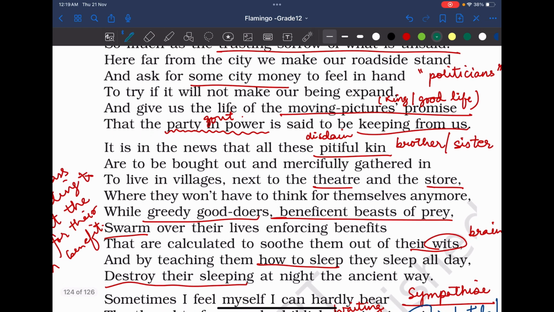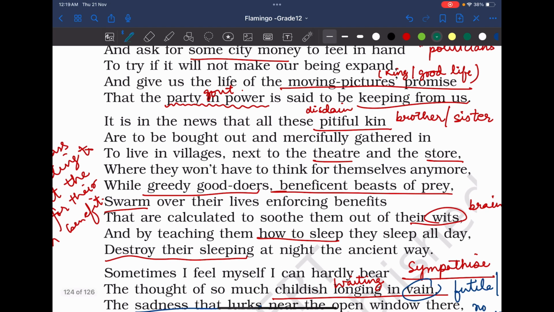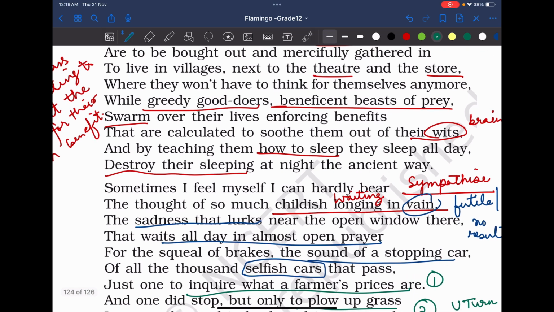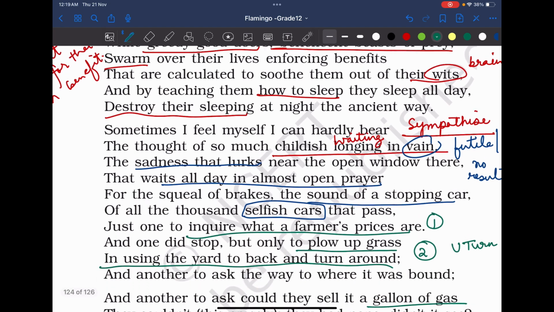It is in the news that all these pitiful kin are to be bought out and mercifully gathered in, to live in villages next to the theatre and the store, where they won't have to think for themselves anymore, while greedy good-doers, beneficent beasts of prey, swarm over their lives enforcing benefits that are calculated to soothe them out of their wits. And by teaching them how to sleep, they sleep all day, destroy the sleeping at night the ancient way. Sometimes I feel myself I can hardly bear the thought of so much childish longing in vain, the